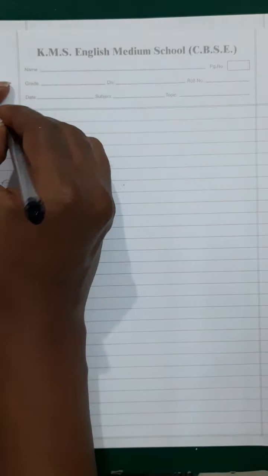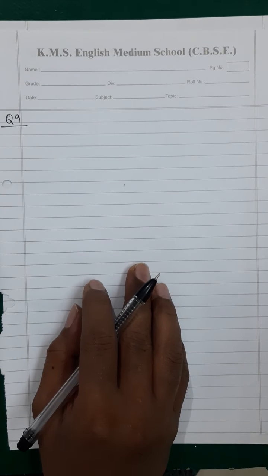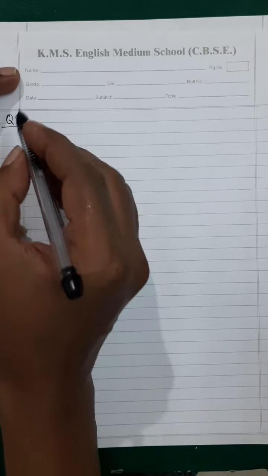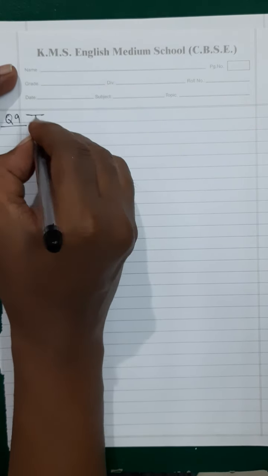Students, now let's go to the next question, that is question number 9. Actually, I'll go along with the two similar triangles ABC and DEF. See, I'm going to do two questions together now. Two similar triangles